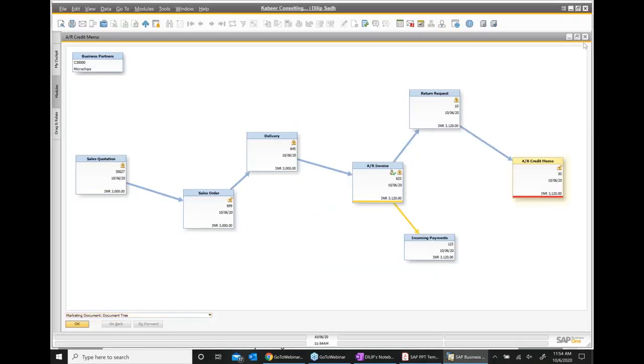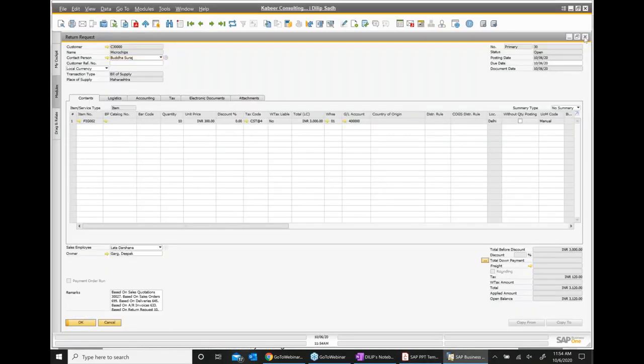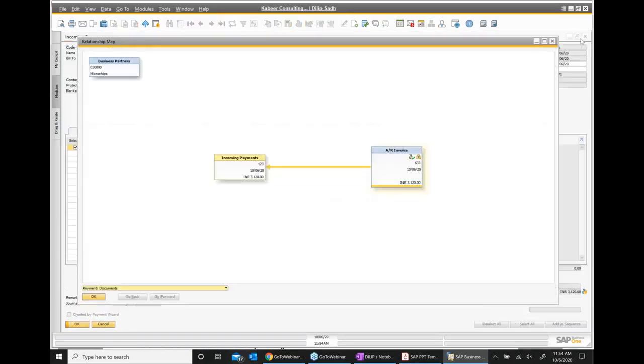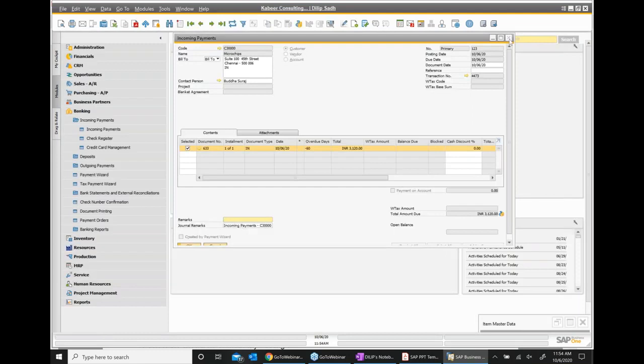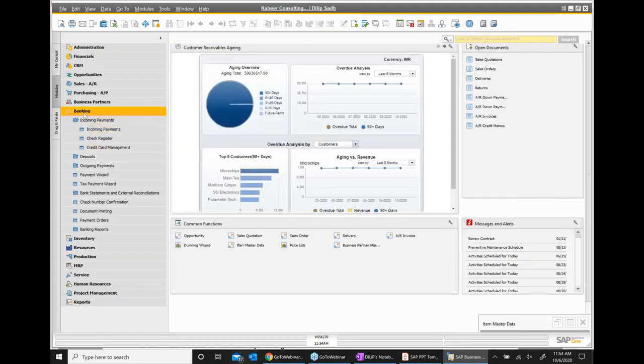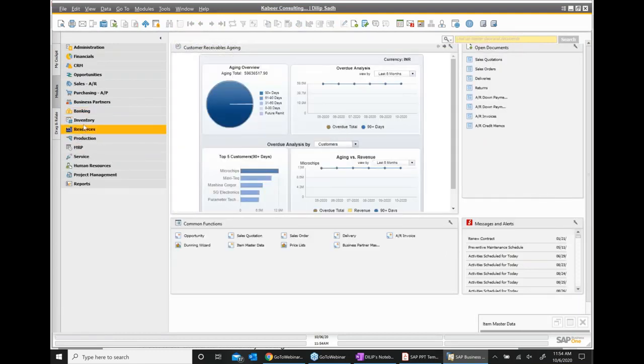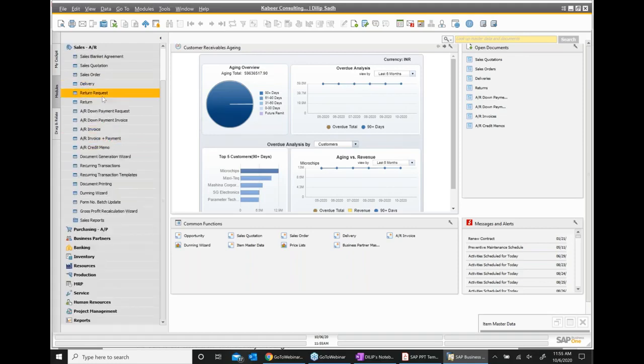So let us say I close all these different windows, and then I want to go back to, let us say, credit memo.